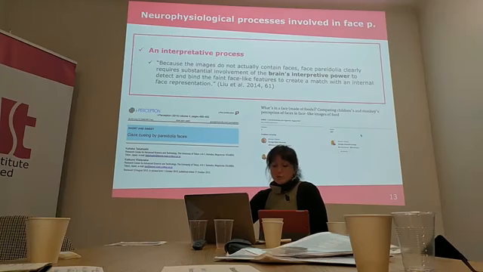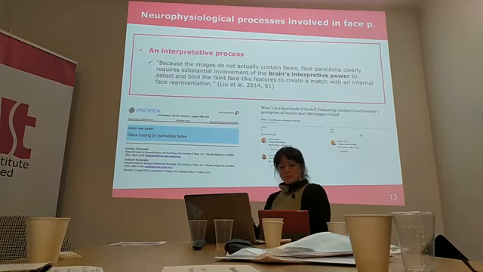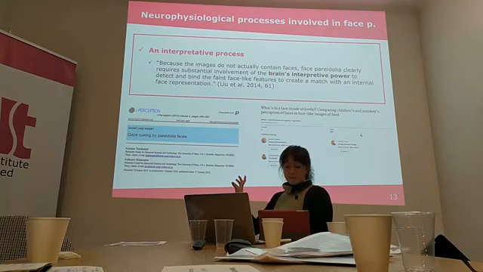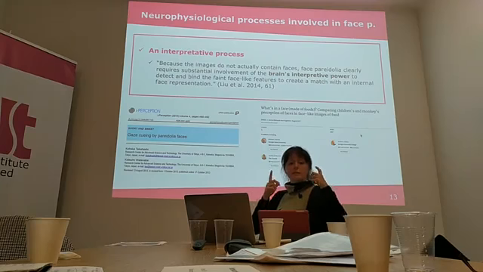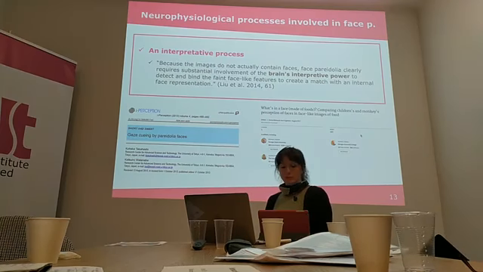However, it is essential to remember that, as Liu et al. point out, because the images do not actually contain faces, face pareidolia clearly requires substantial involvement of the brain's interpretive power to detect and bind the faint face-like features to create a match with an internal face representation.